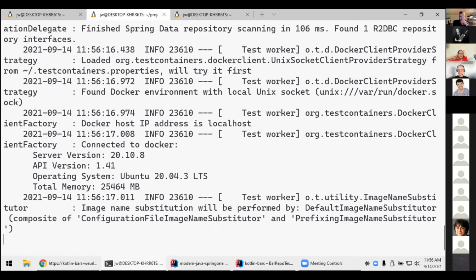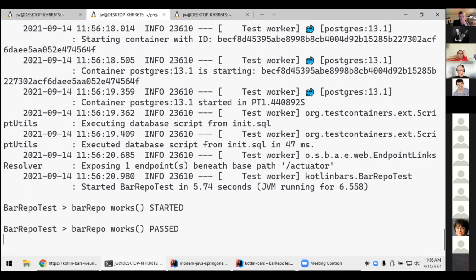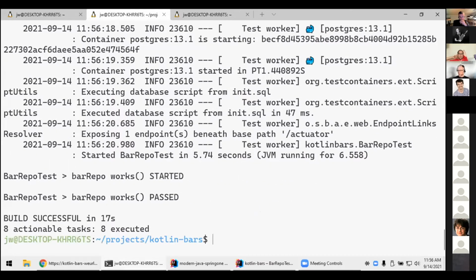And so instead of starting up a database manually or using H2, which can be very error prone, instead what I'm going to do is I'm going to use something called test containers. And with test containers, it'll automatically start up my Postgres database for me, and then it will run an init script on my database, and then